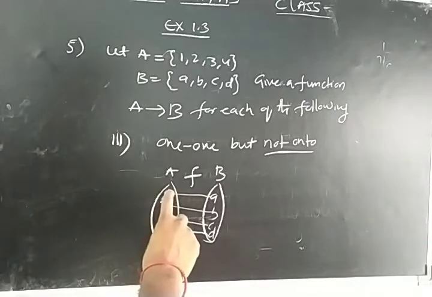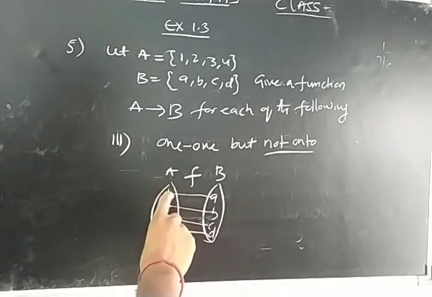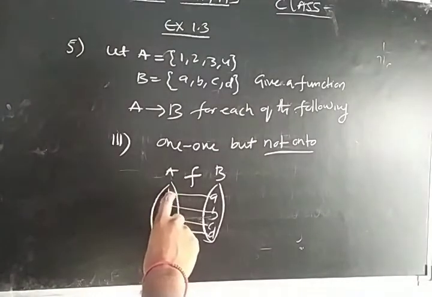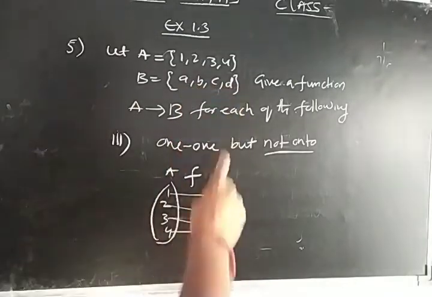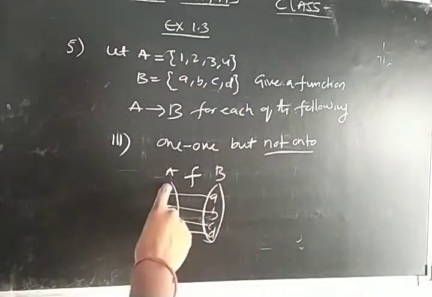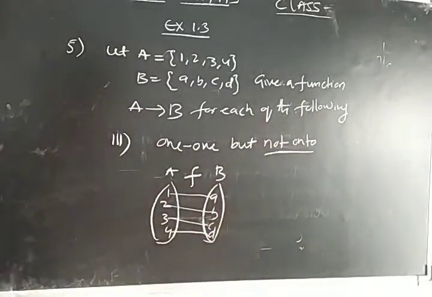We need not onto but one-one. Now one-one means you should take different elements, different images. Four different elements we are having in the domain. That means four different images needed in B. Four different elements already in B we have, four elements. If you relate four elements from domain to codomain, it becomes onto automatically. So now is it possible? Only one-one but not onto. Not possible. Again it is not possible.